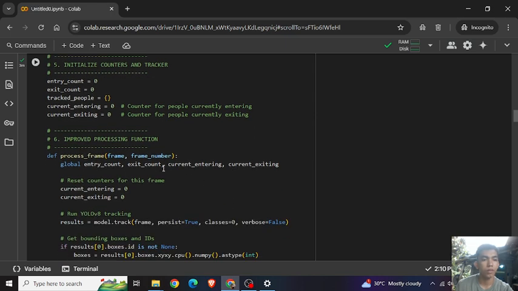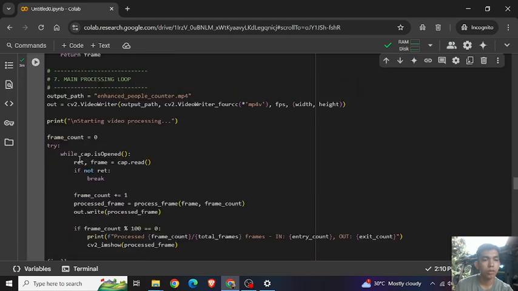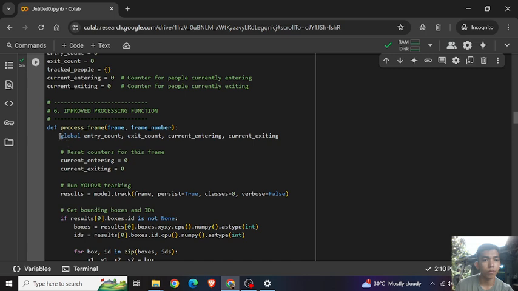So section 6 is the improved processing function. In this line, the function process one frame uses global so it can update the total counters cleared earlier.